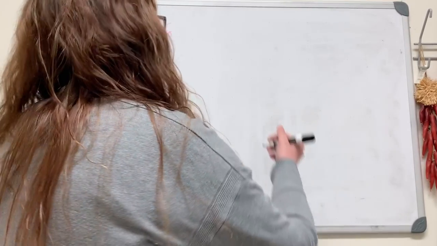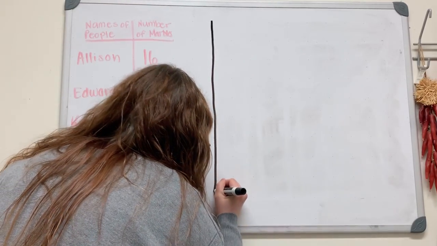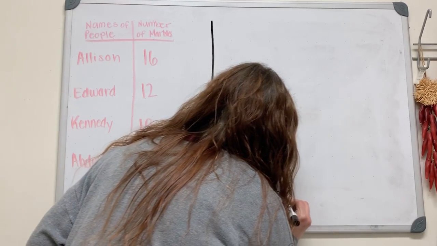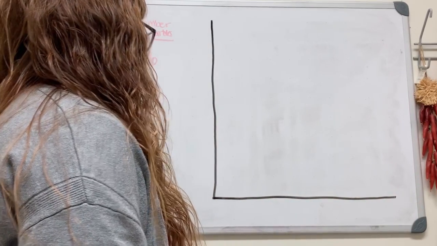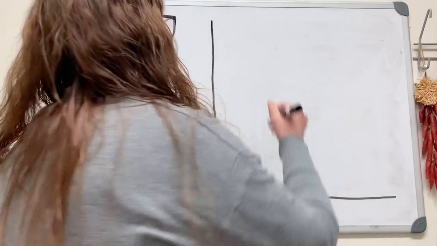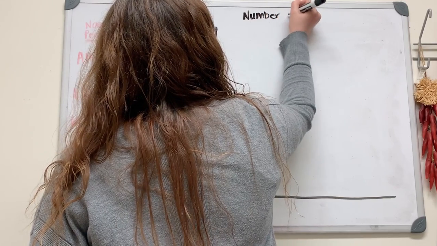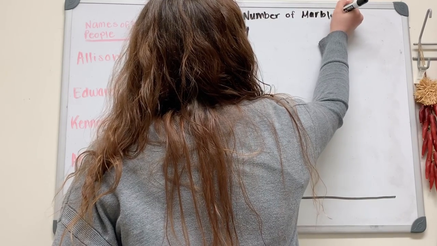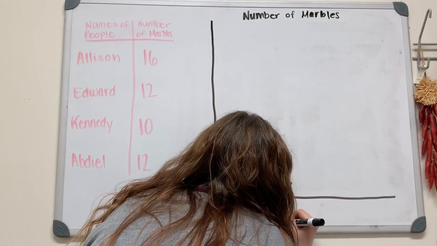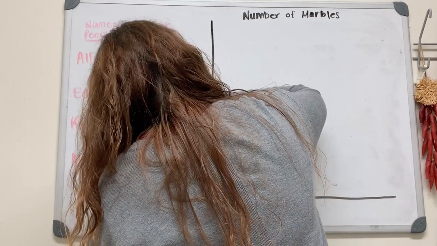Now, in order to set up a line graph, you do the same exact thing as you do for the bar graph. Draw lines. Then you want to set your labels and your title. Down here is names. And you have your